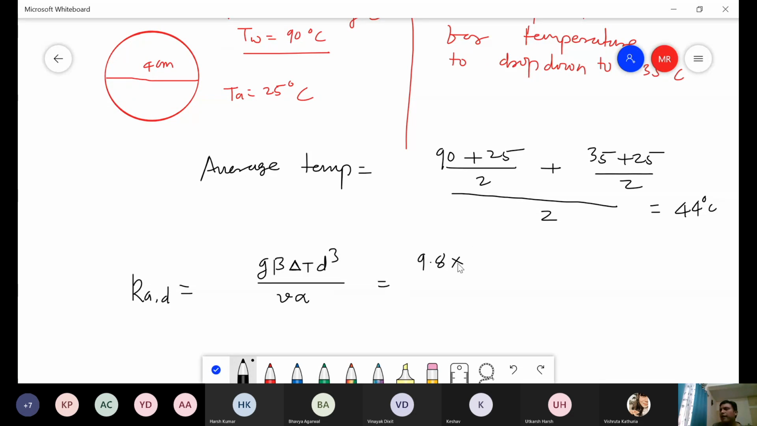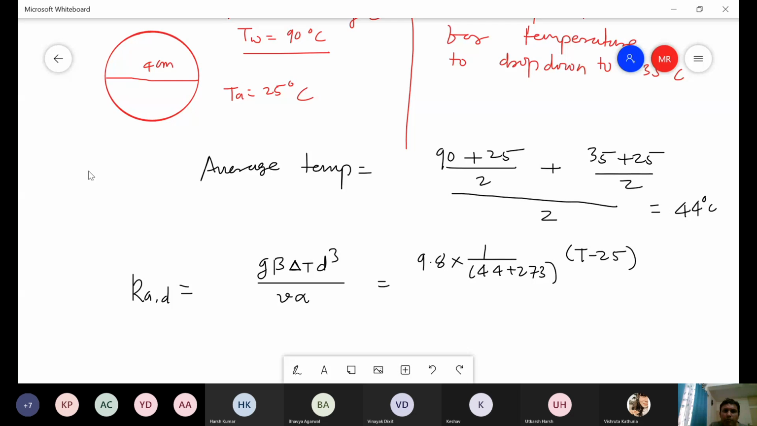Beta is nothing but 1 by temperature, isn't it? So 1 by temperature, and that has to be absolute temperature. So that becomes 1 upon 44 plus 273. So that is going to be beta. Delta T in this case is going to be T minus 25, because